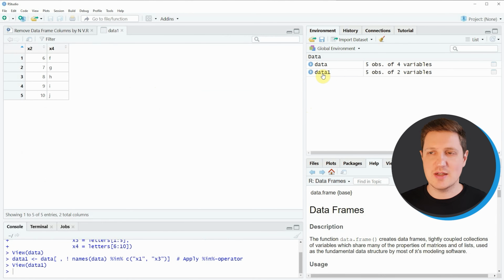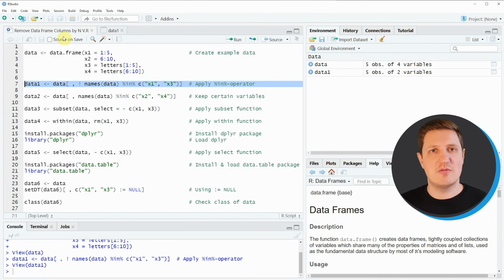We can click on this data object to see the structure of the data, and then you can see that this is a subset of our original data frame, but this time our subset contains only the variables x2 and x4. So in this first example I have shown you a very simple way on how to remove data frame columns by their name.